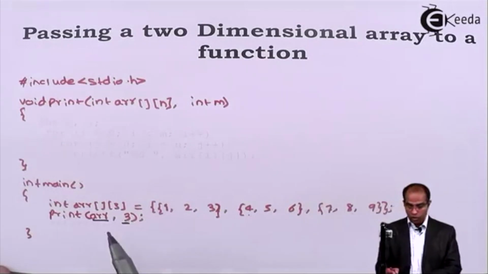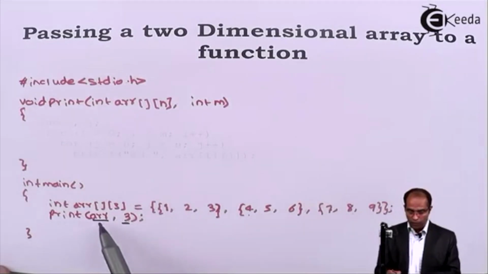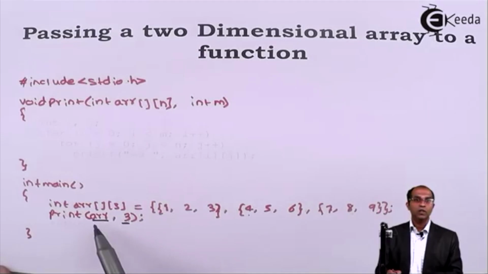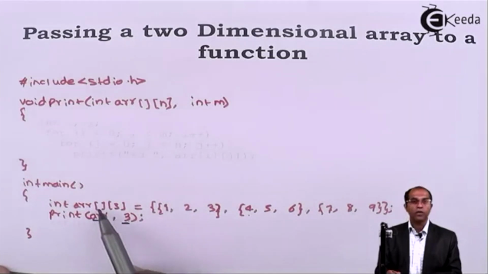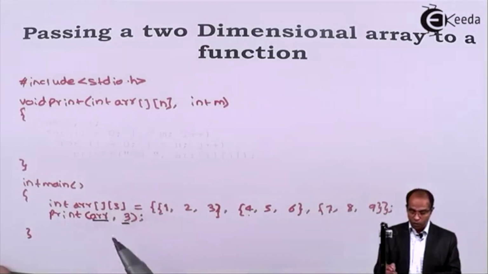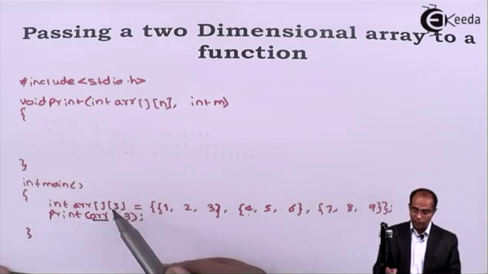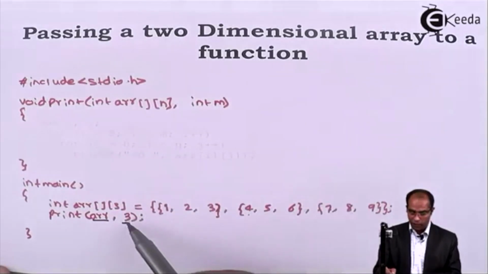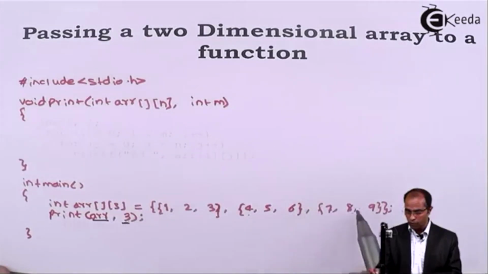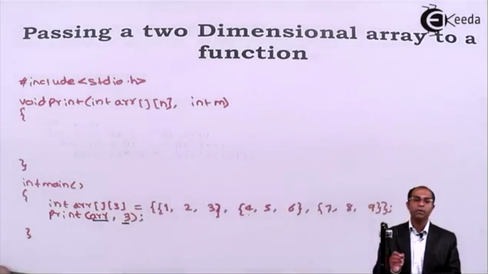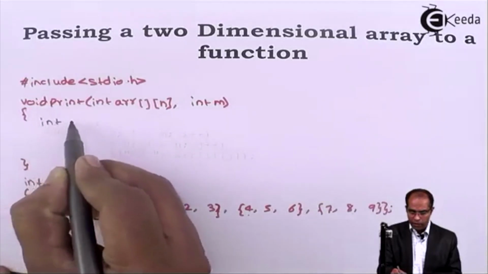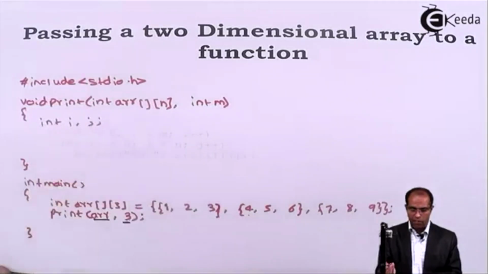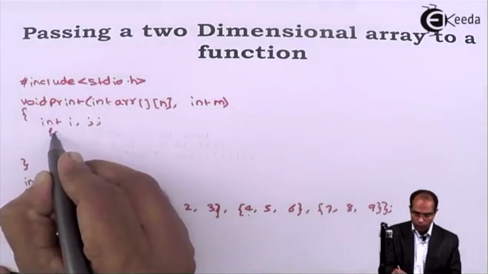So here when I am passing the array, you feel that you are passing only the name of the array. You are not passing only the name of the array, you are actually passing the array reference ARR, which has got the first bracket as empty and the second bracket as value. So it means that the second bracket 3 is automatically copied as n and the first value indicates the number of rows, that is 3 rows, so that 3 will be copied onto m. Once we pass this value, then I can use normal conventions to access the entire array. I can use a simple for loop.